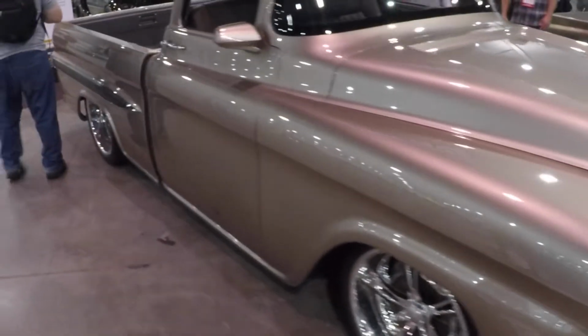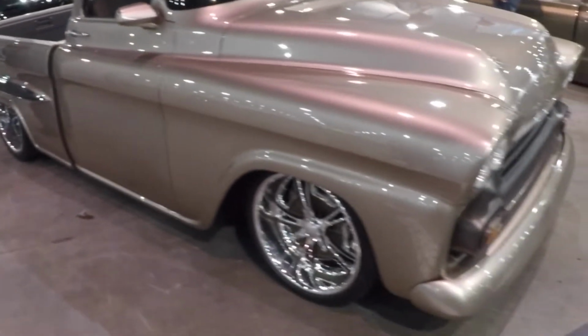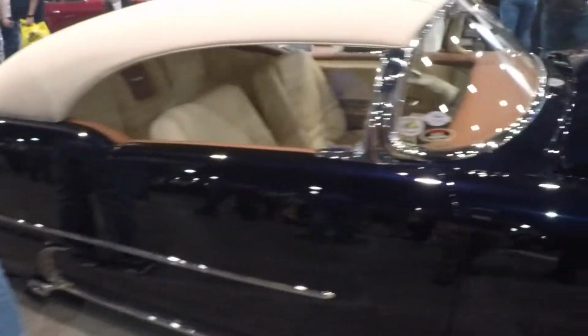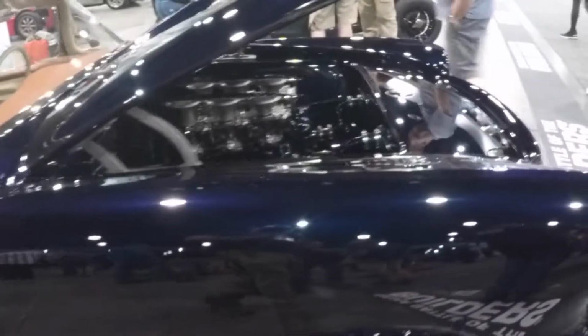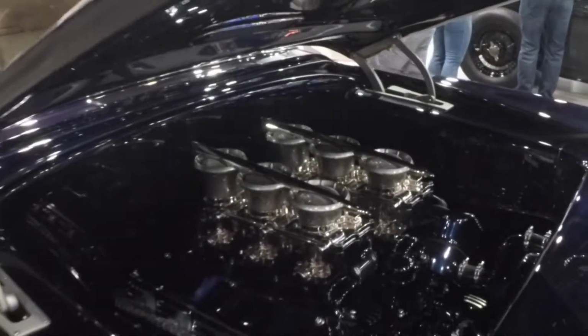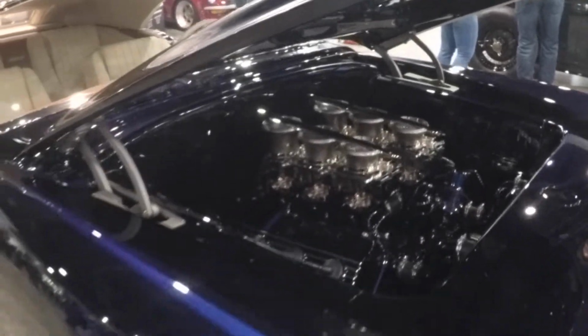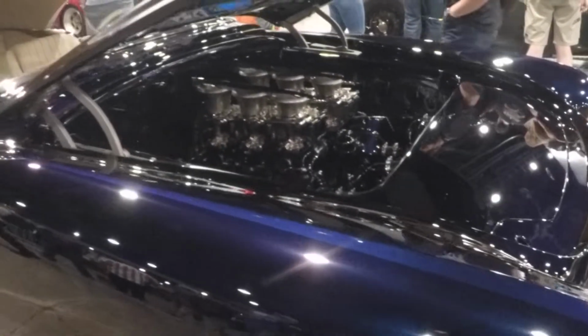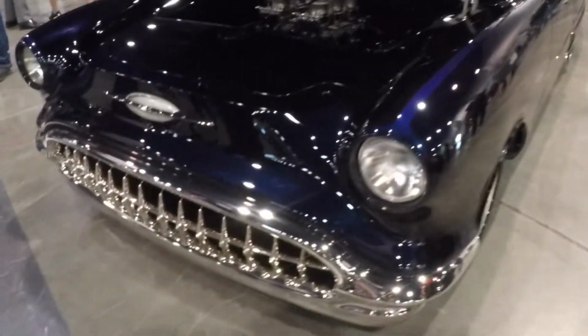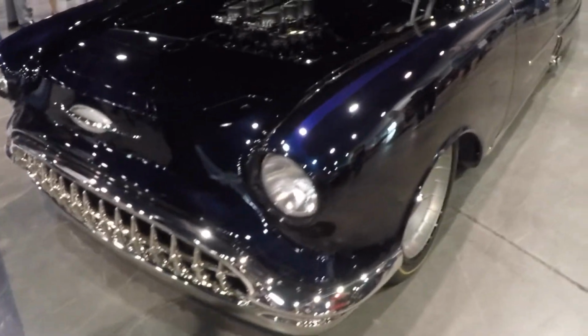It's a '58 or '59 Chevy Apache pickup, very well executed. This is a gorgeous Oldsmobile. It's neat that it actually appears to be the Oldsmobile Rocket V8 engine in it. I definitely like those six downdraft carburetors. I'm not sure if those are Strombergs or not, but anyways, beautifully done, very beautifully executed. I definitely approve of it, and